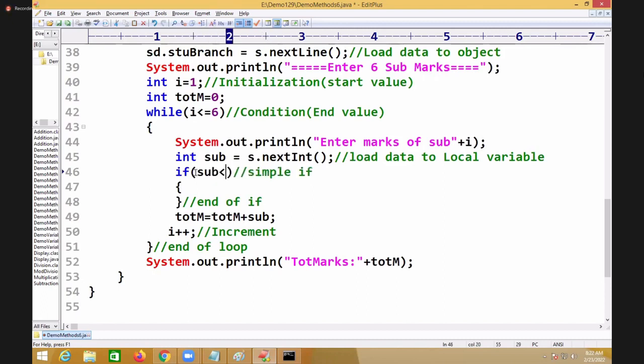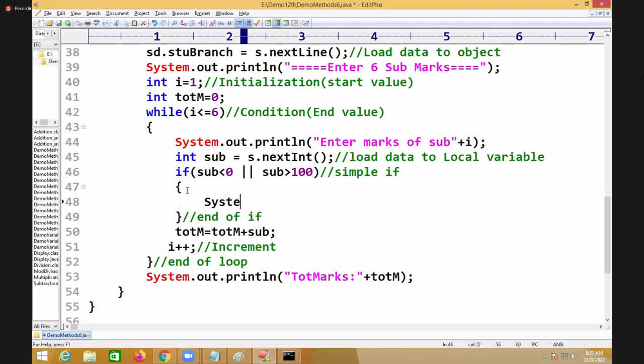If subject marks less than 0 or if the subject marks greater than 100. Nobody will get greater than 100, no? Yes or no? Nobody will get negative marks. They will be in between 0 to 100 only. Okay, right? Now, if it is true, I'll keep